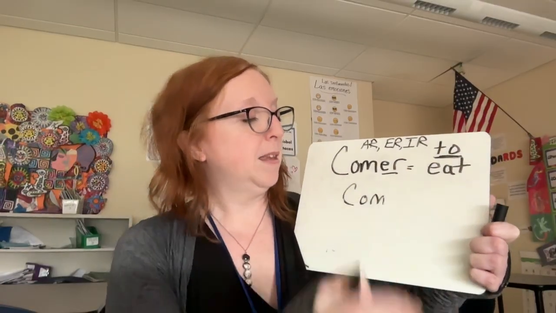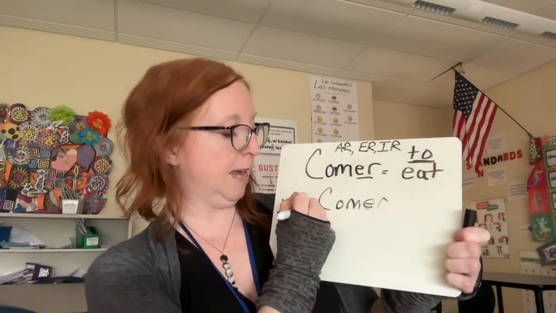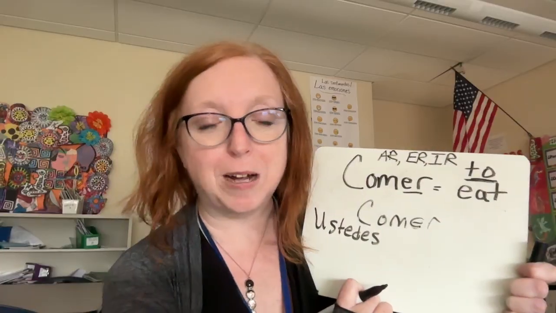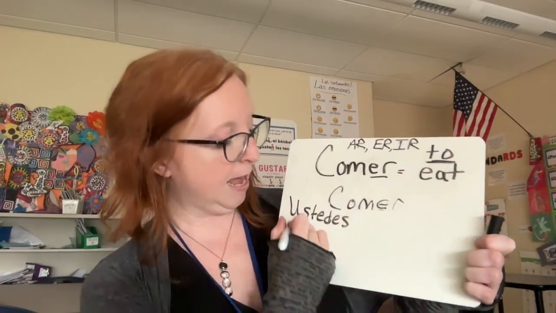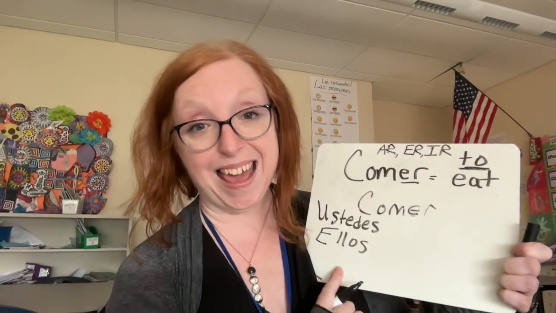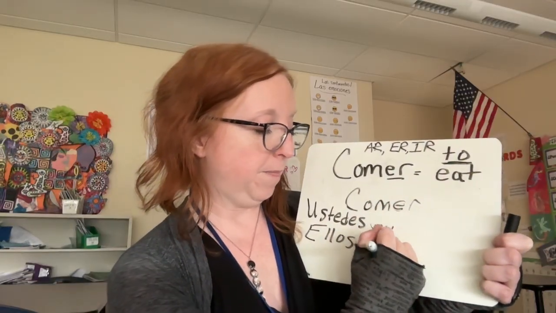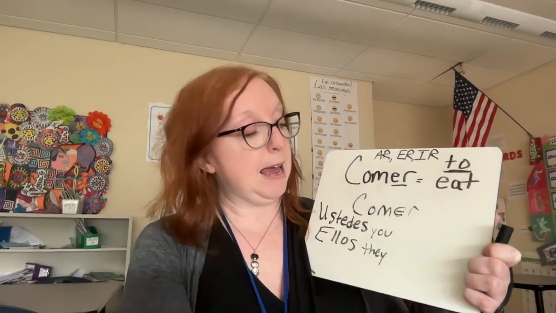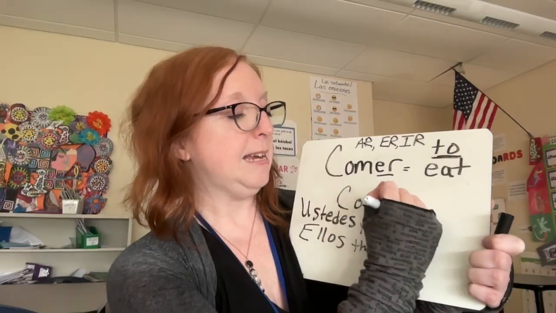Now, last one, comer. If we are conjugating it for ustedes, which is what again? That's right, more than one stranger, more than one adult, more than one important person. Ustedes or ellos, also ellas, they or you all. So you or they. Ellos, ellas, all the same, or ustedes. Again, chop off the ER. E-N,